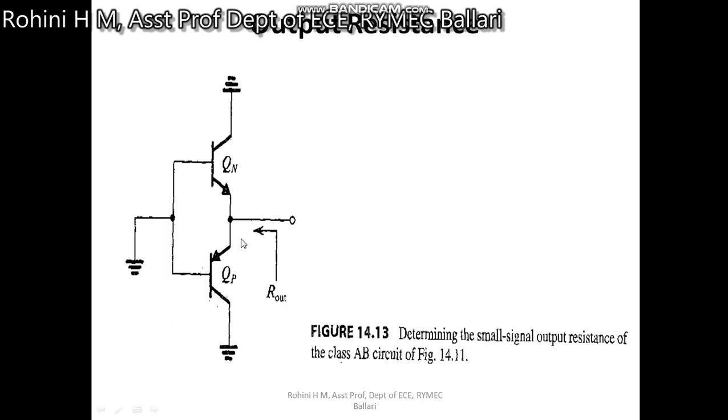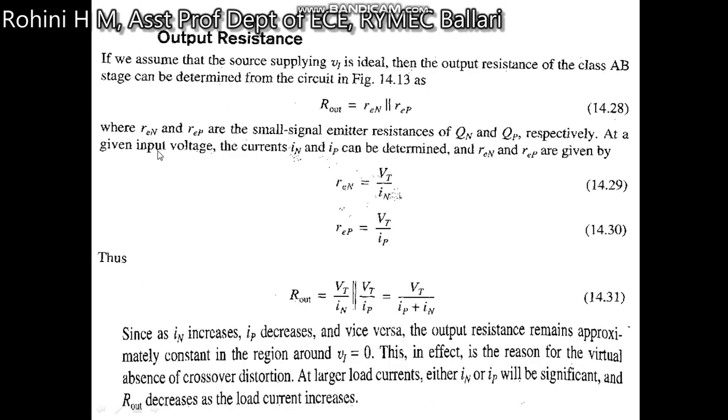So RE of the N transistor, the emitter resistance of the N transistor, is in parallel with RE of the P transistor, where REN and REP are the small signal emitter resistances of QN and QP respectively. At a given input voltage, IN and IP can be determined by REN and REP and are given by,